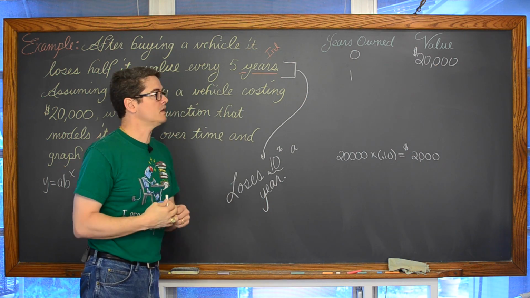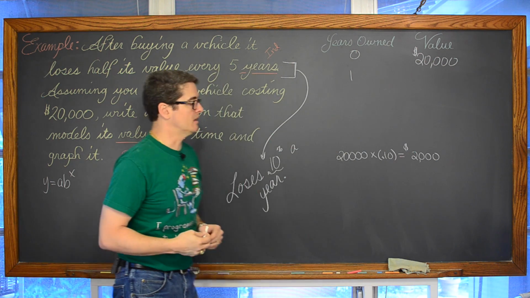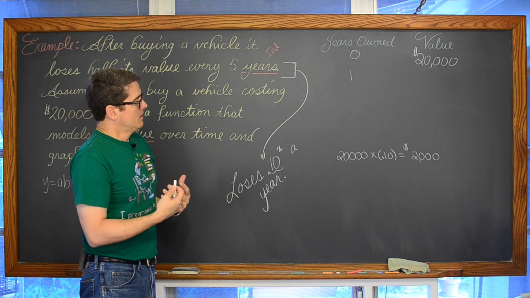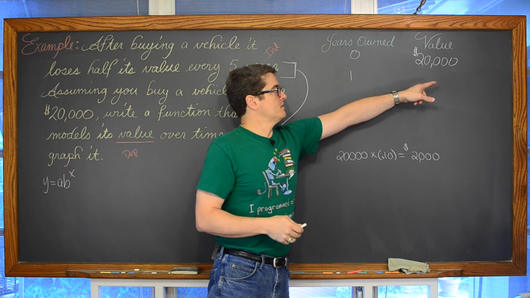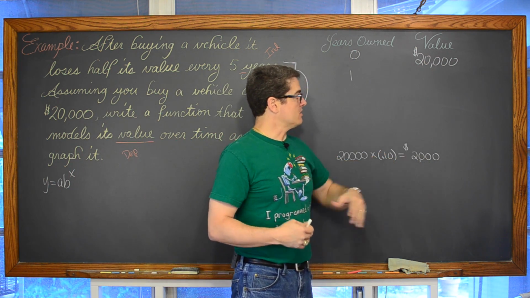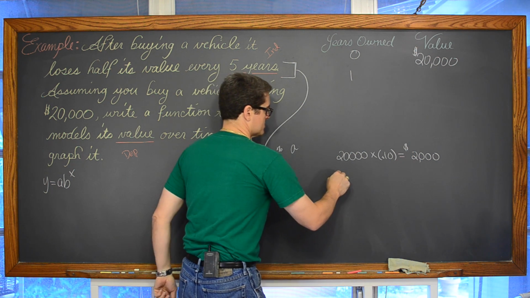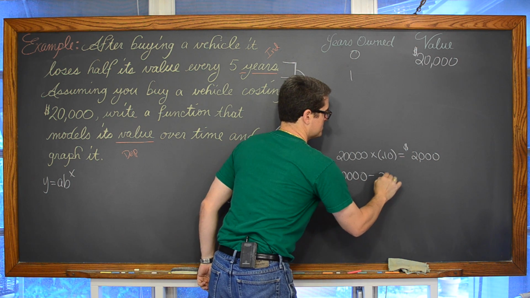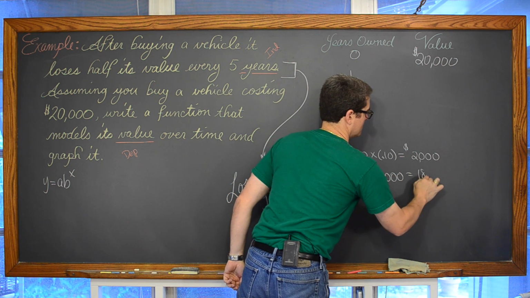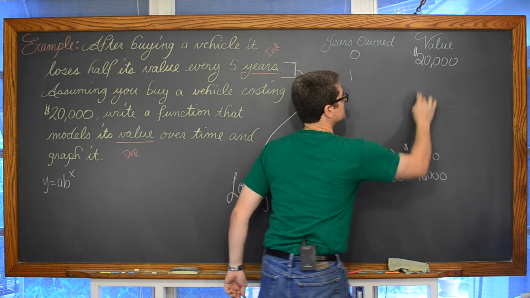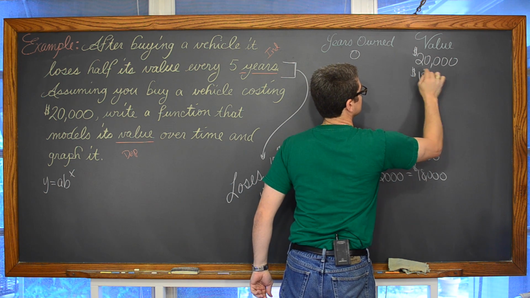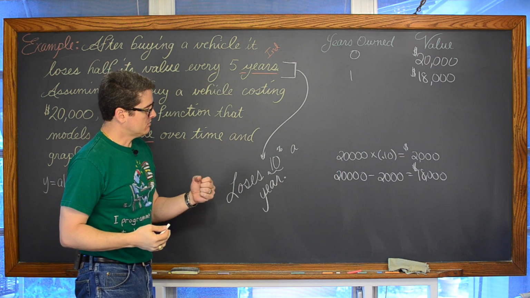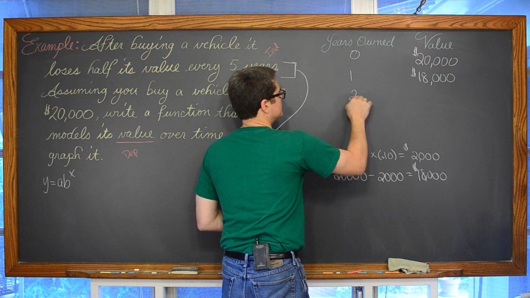Well, my second column, and this is my independent and dependent columns here. This is what I have control over, and this is the output value. That's the value of the vehicle. The vehicle is not $2,000. It's been reduced by 10%. So it's 20,000, whoops, missed a 0, minus 2,000, which gives us 18,000. Great.